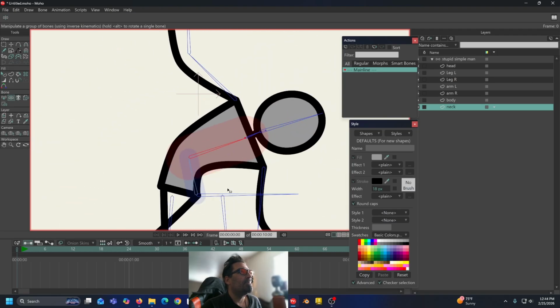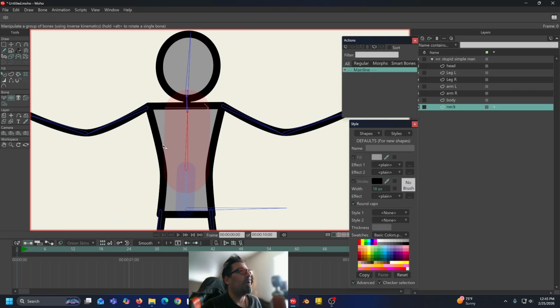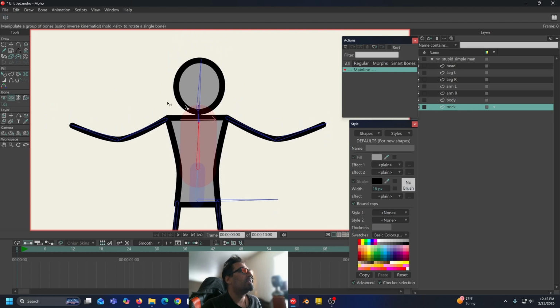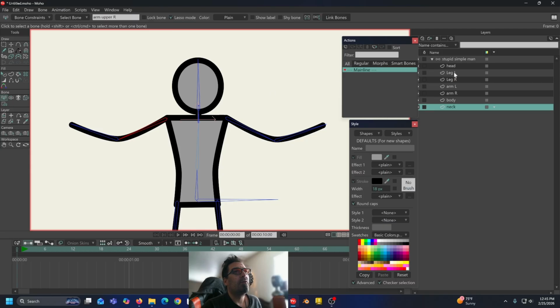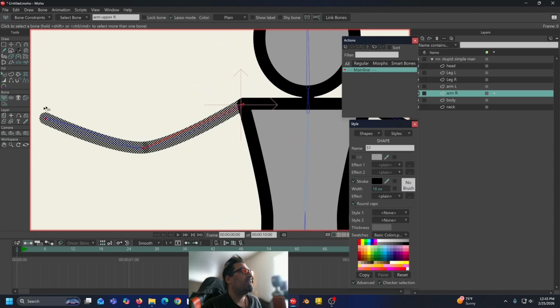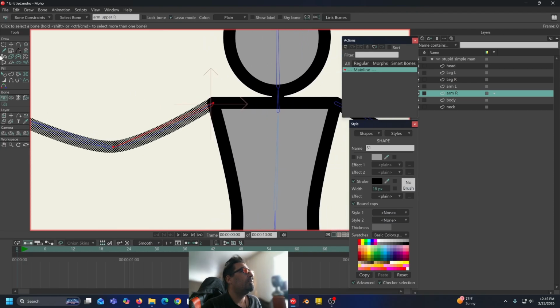A shape this simple works, but I will go back and show you guys how to do this with the bind points method as well. For a character this simple though, you can get away with it. But let's move on to the other parts. And we're going to take the arm here and we're going to come over here to our arm right layer. And you can see this is just made of 3 points right now. So if I move this